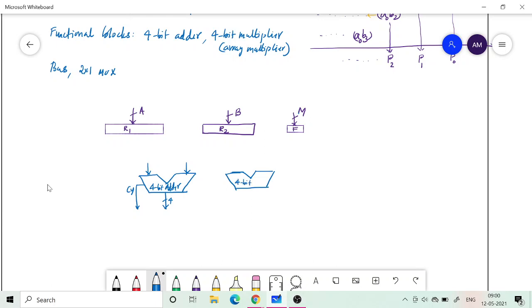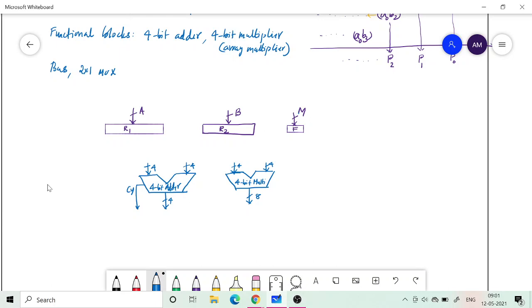This 4-bit multiplier will also take two 4-bit inputs, and here the output that is going to come is, say, 8-bit.